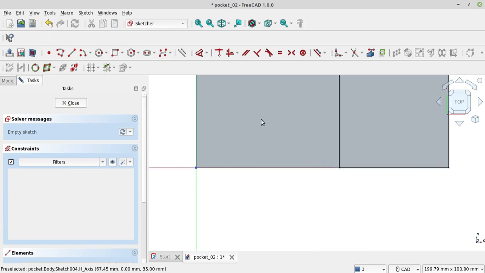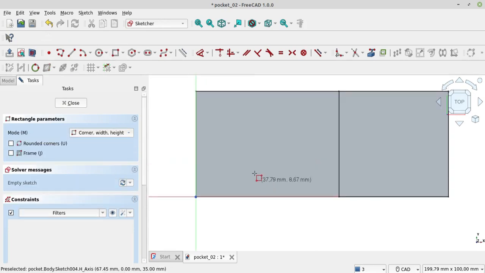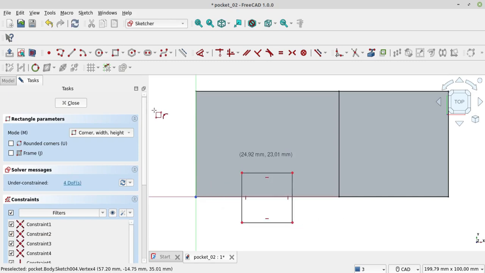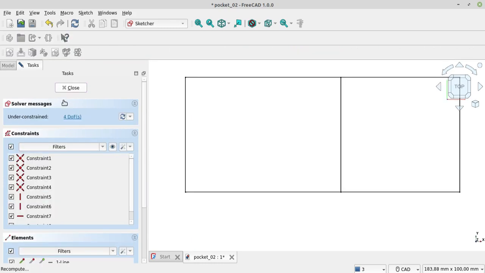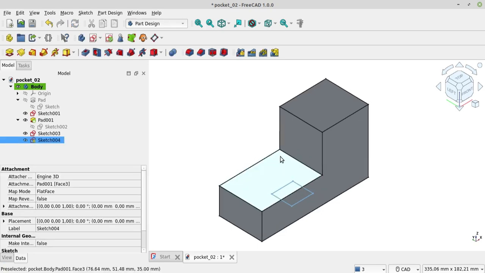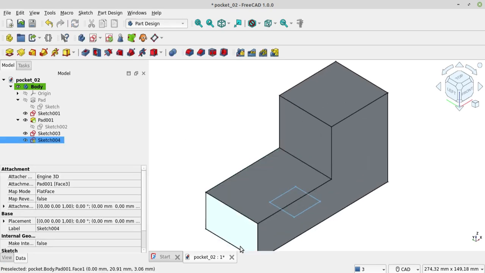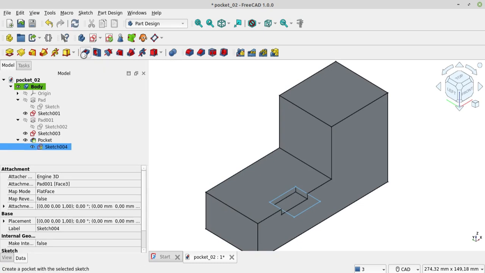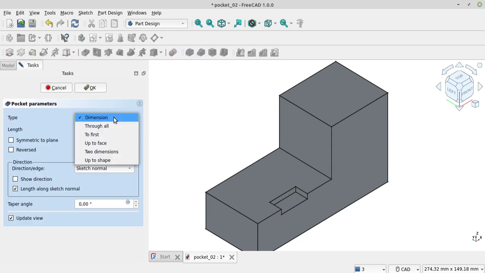I make a rectangle sketch. Close. After that, I will choose the pocket tool and select two dimensions.